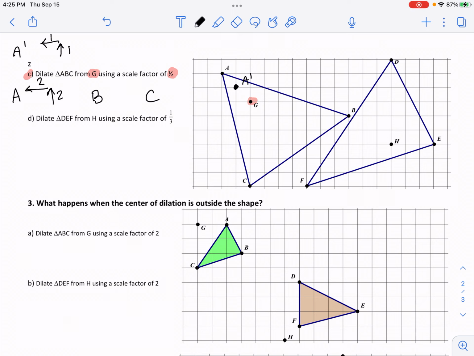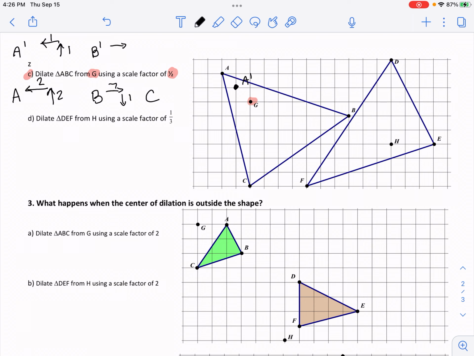G to B, this one's a little bit different. We're not going to get a whole number. But let's go right and then down to get to B. So 1, 2, 3, 4, 5, 6, 7, and down 1. So 7 right, down 1. Okay, we have to divide those both by 2. The issue here is they're both odd. Only when you divide even numbers do you get a whole number. But that means B prime